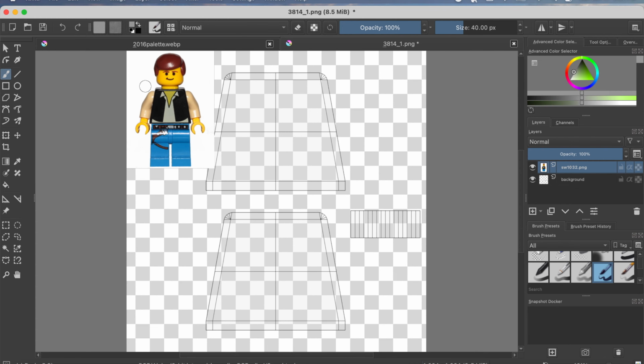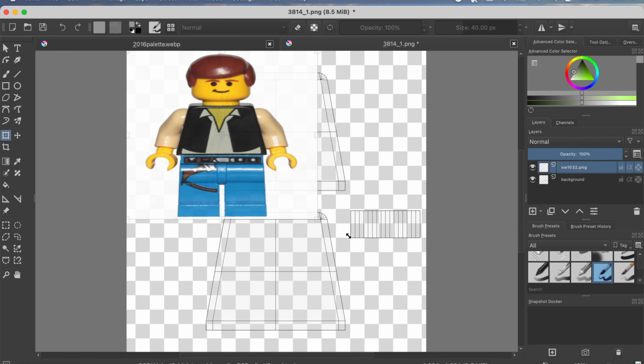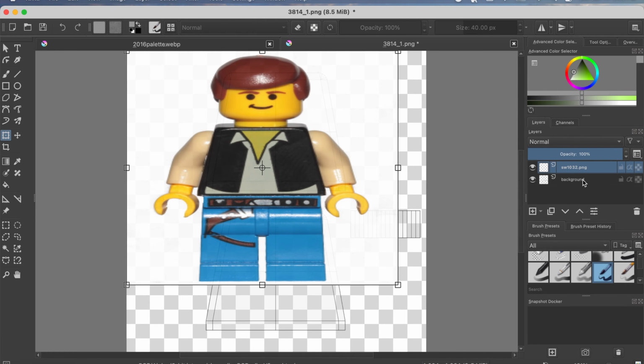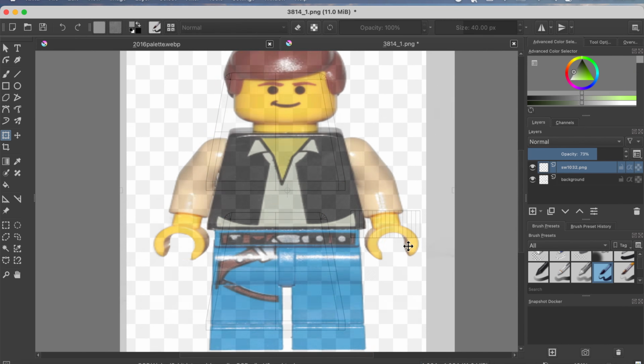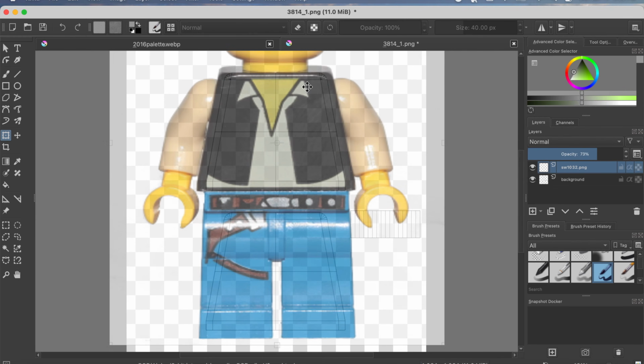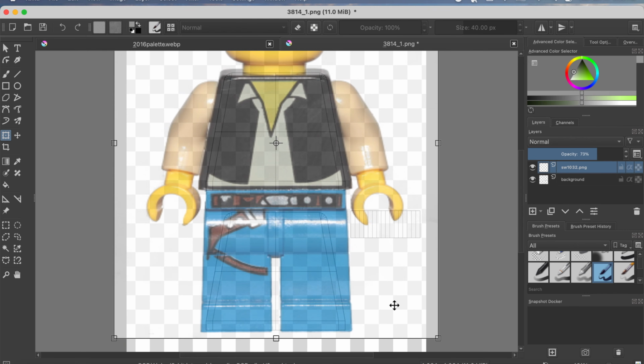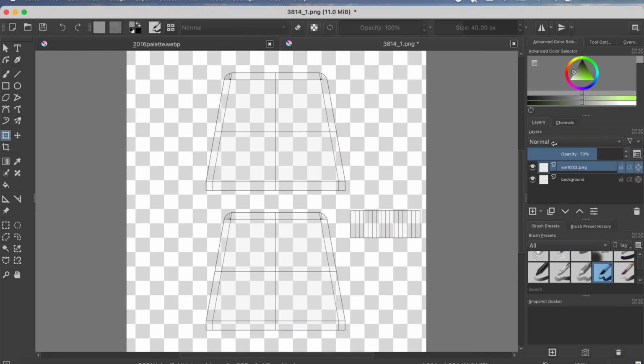And then once you have your image on here, you are going to want to scale the torso print to this template, and obviously you'll want to turn the opacity down so you can actually see it. And do keep in mind it is different on a variety of art softwares how you can go about this, but this is just the general way that you are going to want to do things. So now that we have the torso print all lined up, what we can do is turn the opacity up,